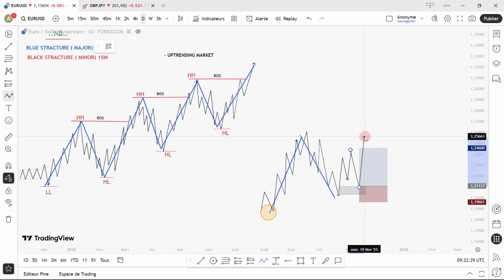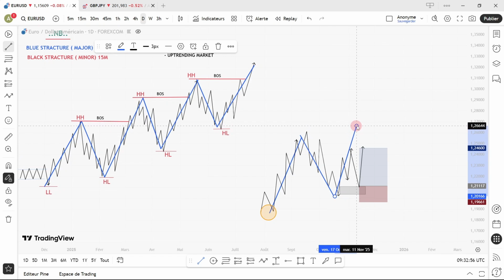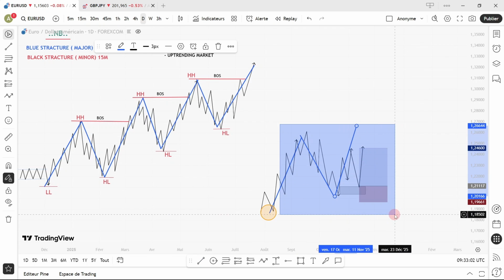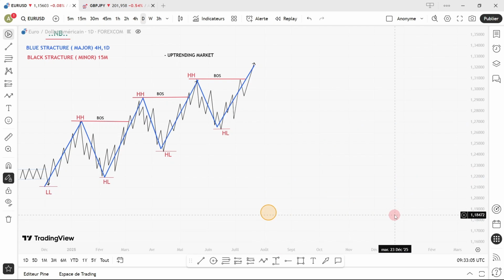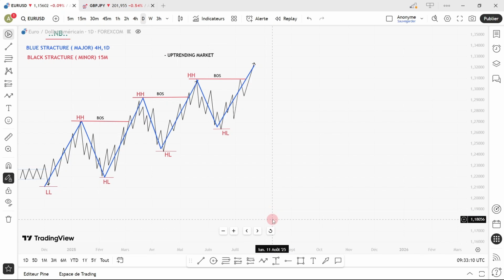enter while targeting either the higher time frame swing high, the higher time frame higher high if you are a swing trader, or if you are a day trader, you can simply target the lower time frame recent higher high just like this. And another thing I want to clarify, when you get a market structure shift or a change of character on a higher time frame just like this,